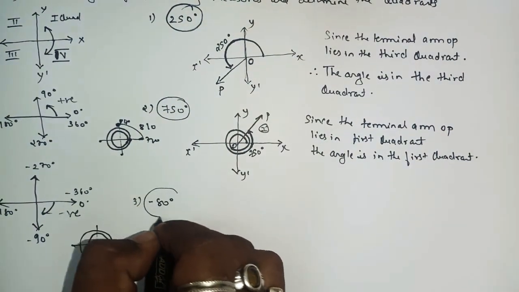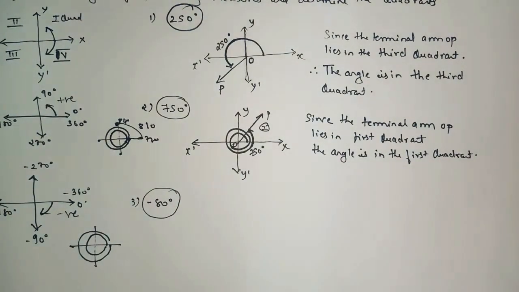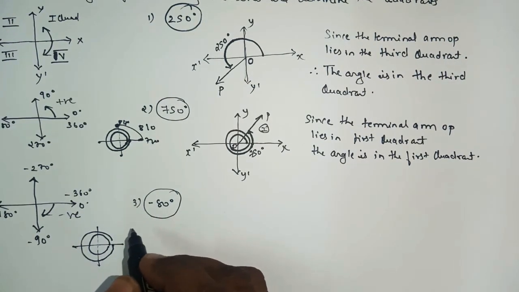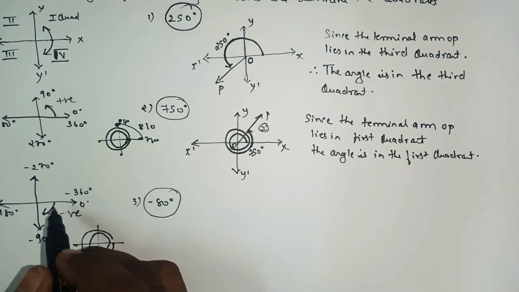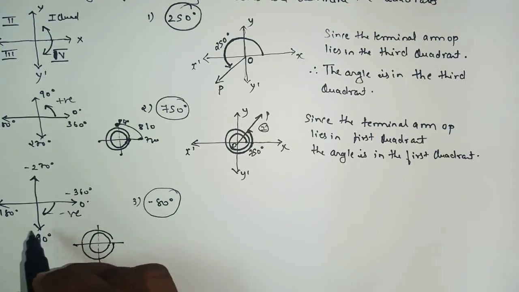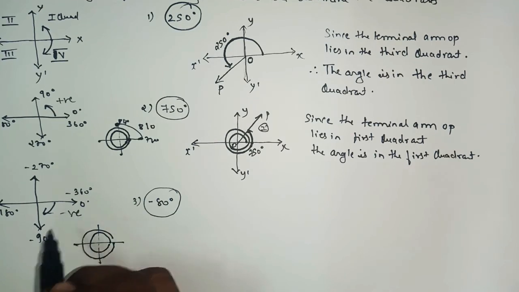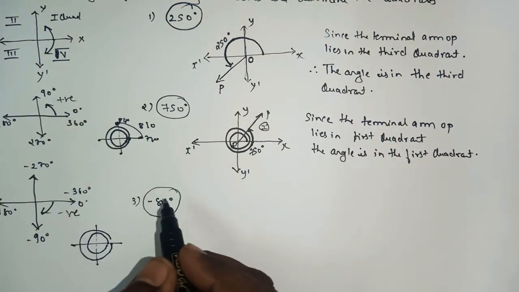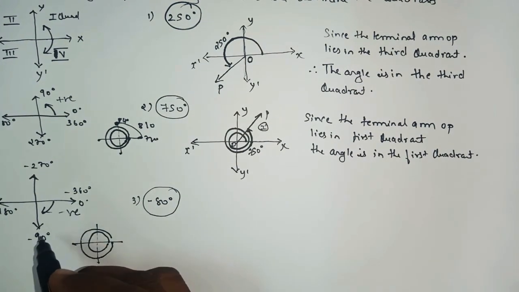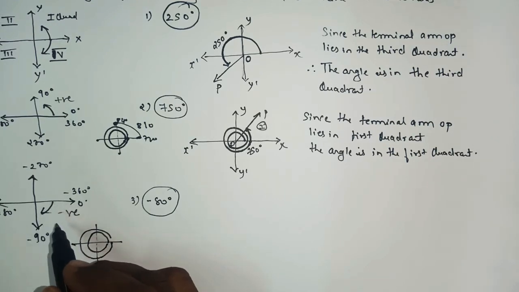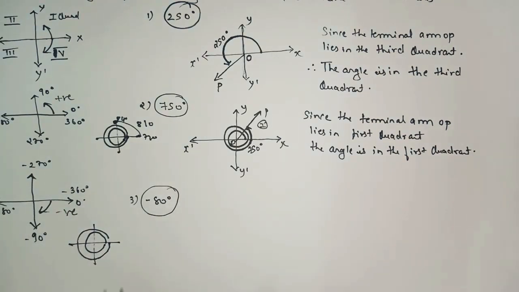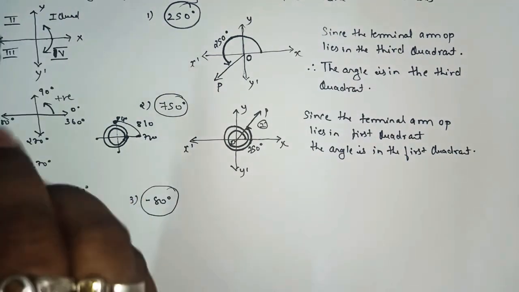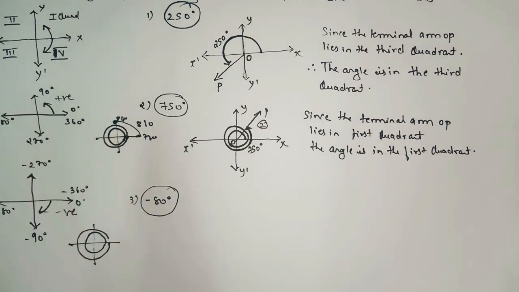So let's take one more example as minus 80. We'll see minus 80 degree where it will lie. As clearly we can see that this is a negative angle. Negative angle is what? The rotation will be what? In the clockwise direction. And the position of angle will be what? 0, minus 90, minus 180, minus 270, and minus 360 degree. So common sense, minus 80 will lie where? It lies between 0 and minus 90. So that ray will come here, and we know that whether the angle moves in anti-clockwise direction or clockwise direction, the position of the quadrant never changes. The position of the quadrant will be same.